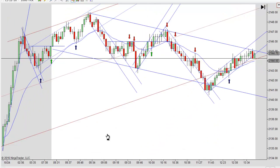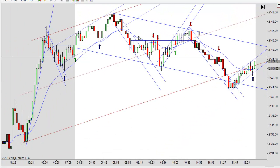But really, it's just such a weak day. And I'll be honest with you, all the way through here, I almost just wanted to circle this and say, stay out of it, because when it gets really tight like this and you get a channel like that, you can see it's just working around in there. You did get a failed break lower here, and you did get your reversal pattern here, but the reason I